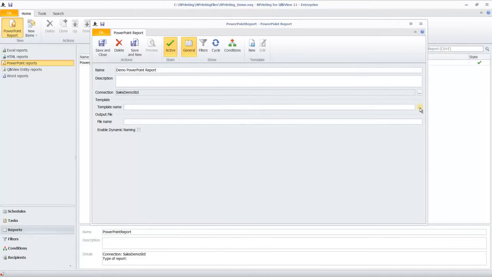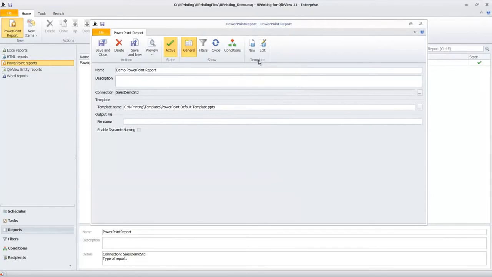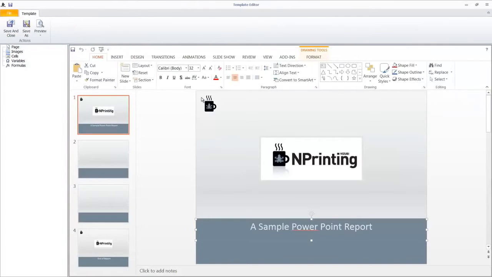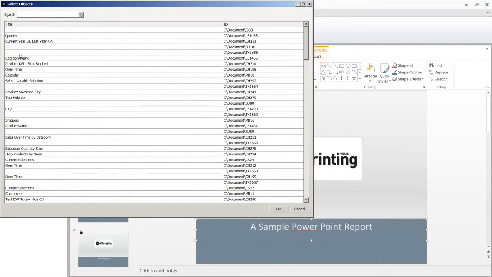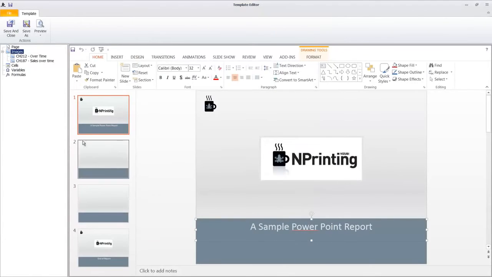When I click on the Browse button, I can select an existing presentation, click on Open, and then click on Edit to edit that presentation in the NPrinting template editor. This starts a PowerPoint session with my presentation open inside of it, inside of the NPrinting application. To add an image to the presentation, for instance, I can right-click on Images, click on Add Objects, and that will open a window with all the image objects in the QVW. I can select one or many charts from the QVW, click on OK, and they get added up here into